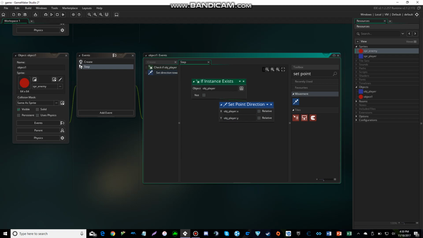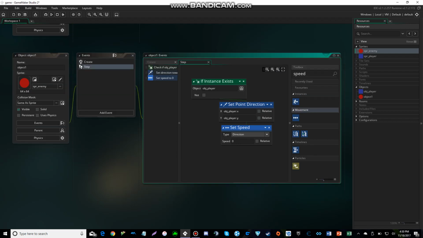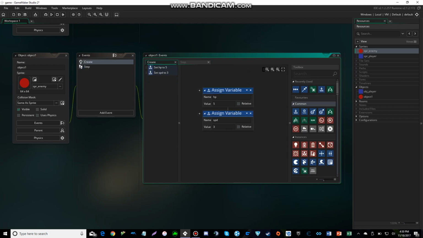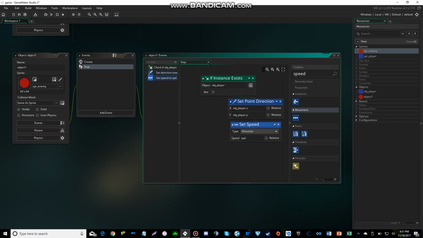And it will follow it only if you have the set speed, because it needs to go a certain amount of frames in that direction until it reaches the player. And so you set the variable of your speed, which you created right here. So the value will be 3 frames each second, and then you would want to create another if variable